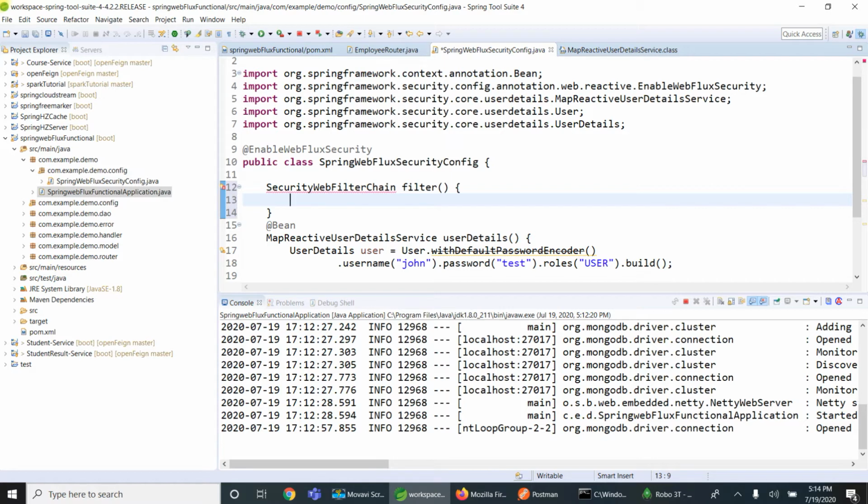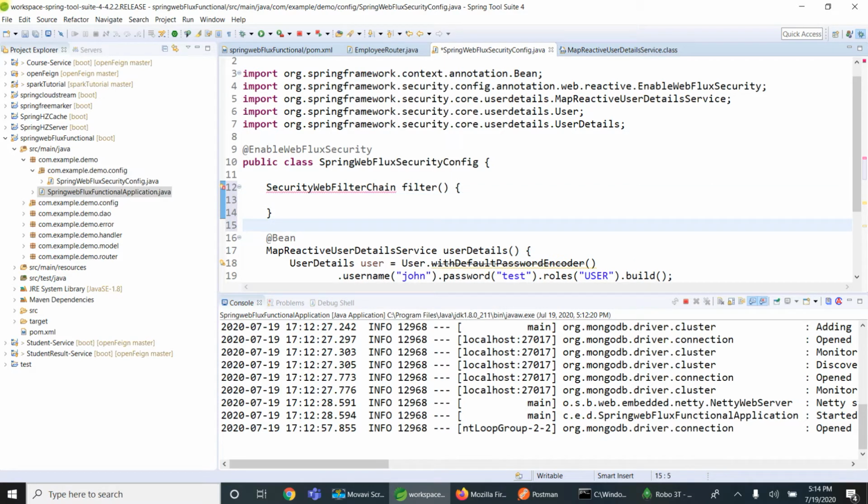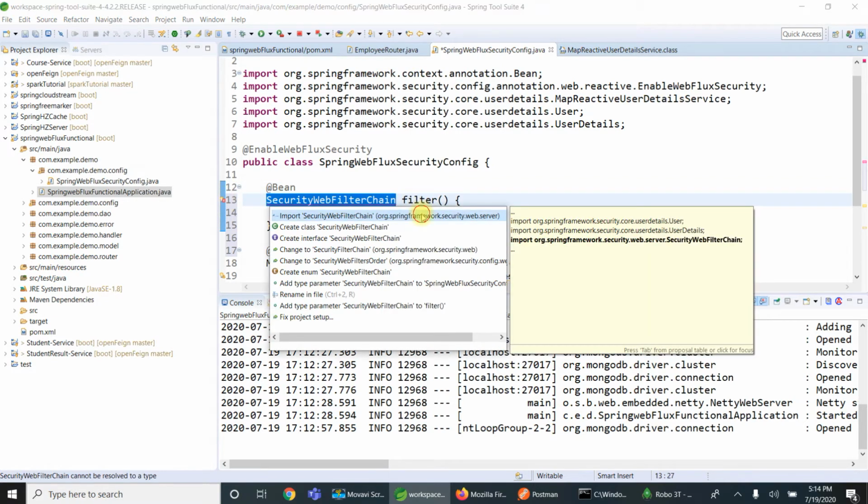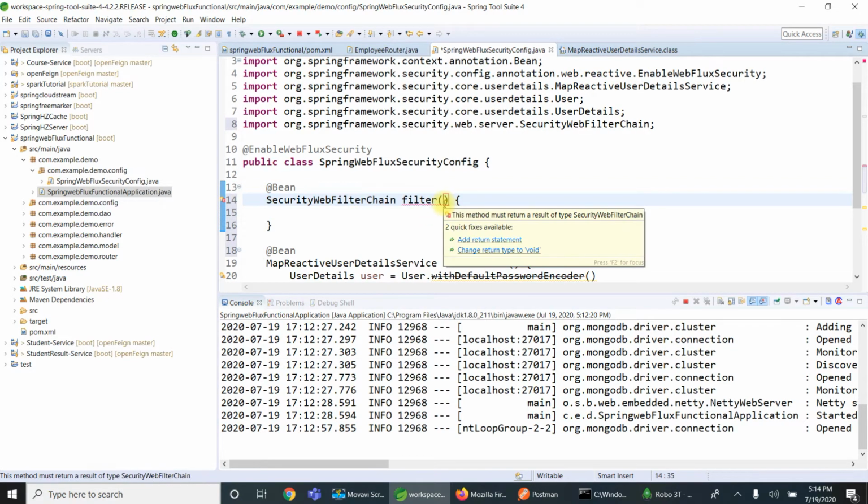In Spring 3 it is HttpSecurity, but in Spring 5 or WebFlux it is ServerHttpSecurity. So it's a bean. I'll add the @Bean annotation, with ServerHttpSecurity.